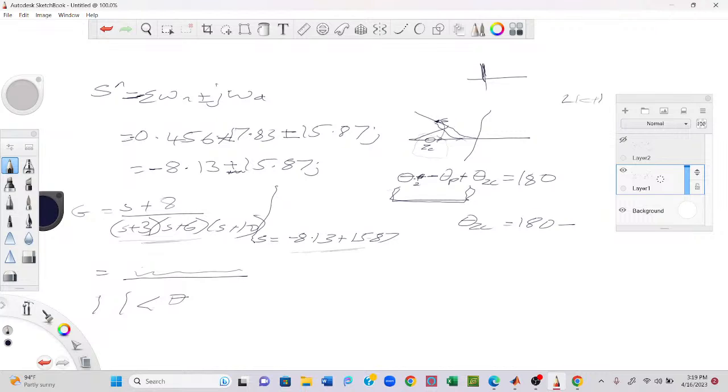That is this value: negative 0.13 plus 15.7j. Equal to gives you a complex number. You need to convert that complex number into its magnitude and angle form. So you press